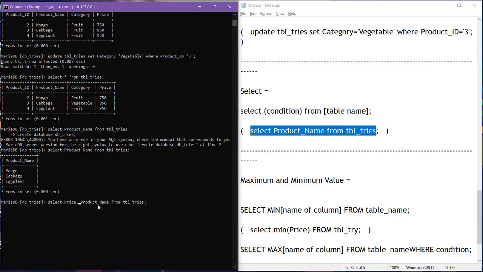As you can see, what you put here will be the corresponding placements. So in the select asterisk, product name is first before the price, but in here, price is first before the product name, okay? Now we will use the maximum and minimum value selection.